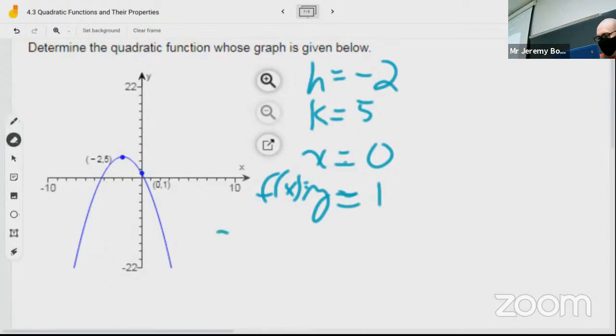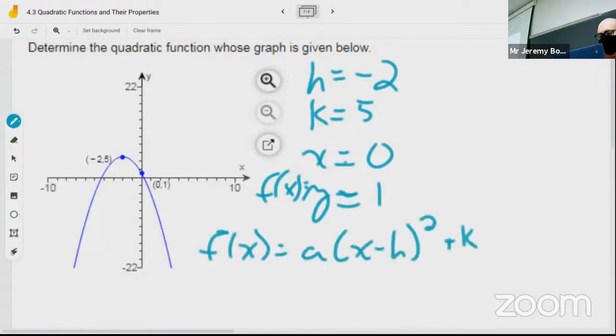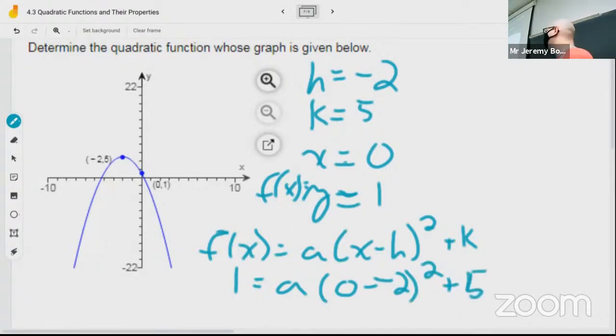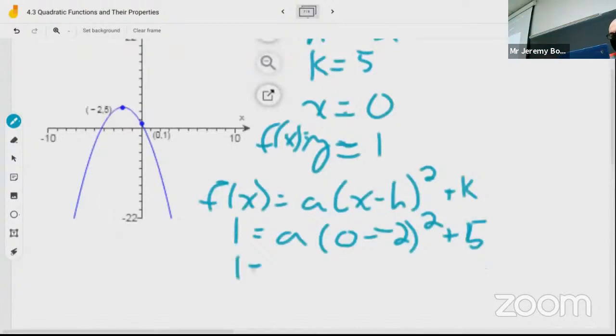So let's plug everything we know into f(x) = a(x - h)^2 + k. So that's going to be 1 = a(0 - (-2))^2 + 5. Notice inside the square, it's 0 minus negative 2. That means it's going to be 0 plus 2, where 1 = a(0 + 2)^2 + 5, which is going to be a times 2 squared,